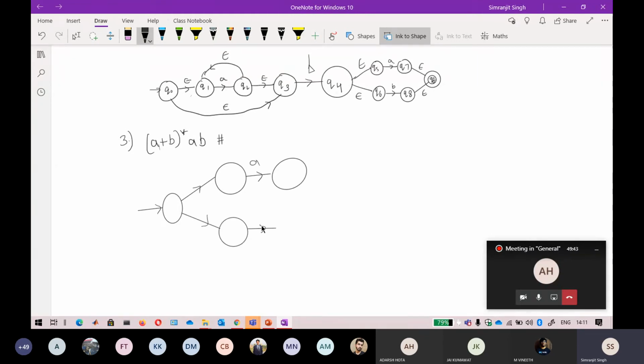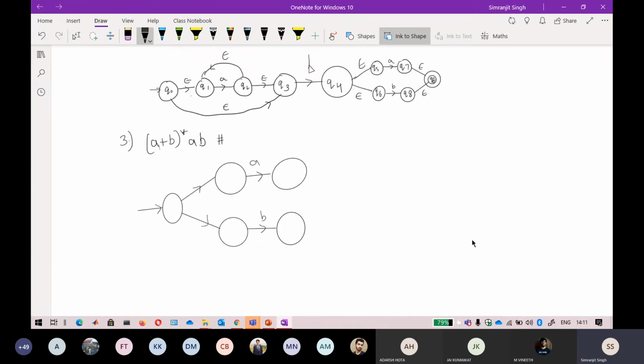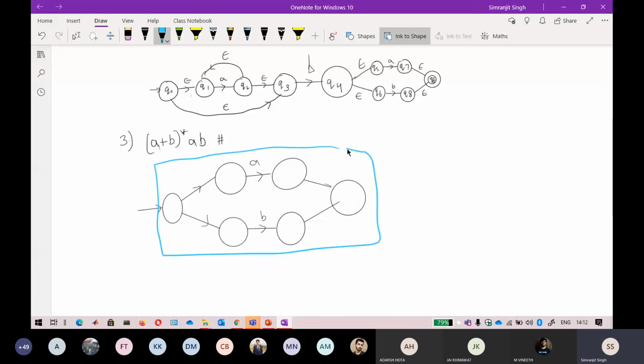So again, they are combining at one state. A and B is done here, so I need A plus B star. If you see, this A and B is ending here, so how can you take a star? Now I have to apply a star here, the clean closure. Let me highlight it so you can differentiate it clearly. So this is your A plus B.